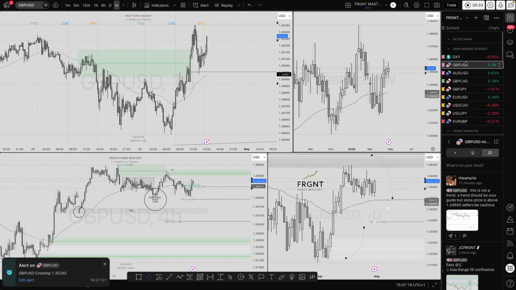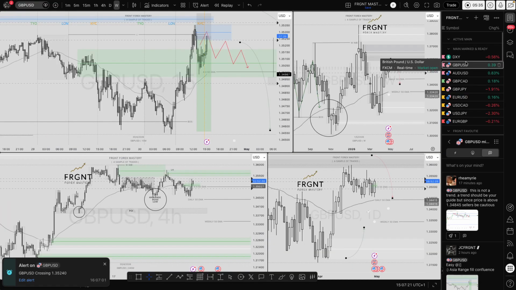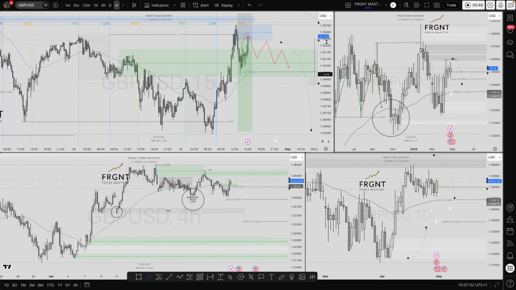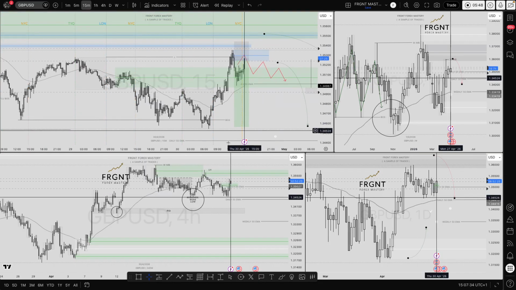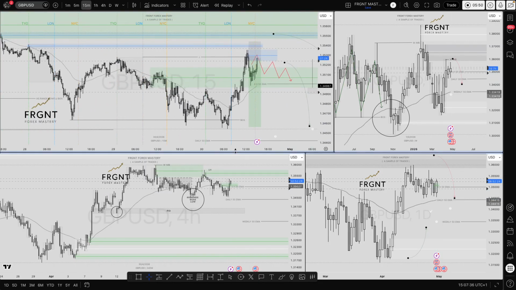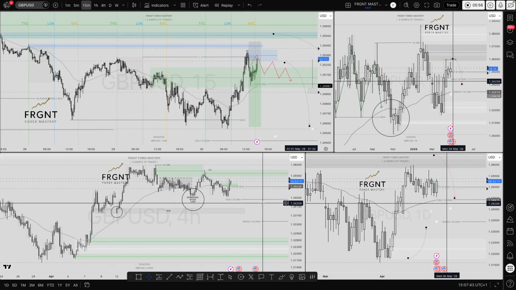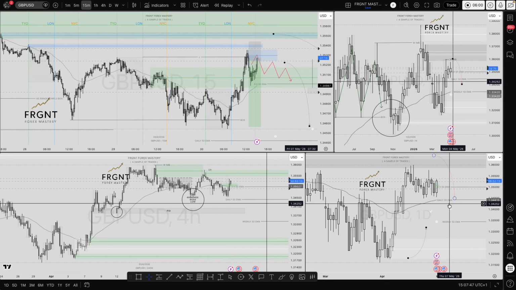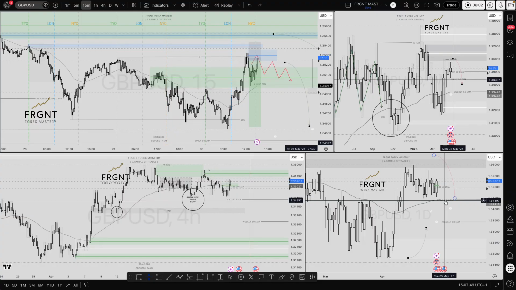Now, considering I'm looking to take the DXY long, I am now in the market to use that DXY strength to take a trade in terms of the cross pairs, i.e. GU, EU, and AU, of which I've already taken AU today. Now, the first thing I'm looking to do is understand, does my structure on those cross pairs actually make sense to be shorting? If not, I have a bit of a conflict. You can see here also we've got range on that daily time frame down towards that daily 50 MA that price hasn't actually rejected just yet.